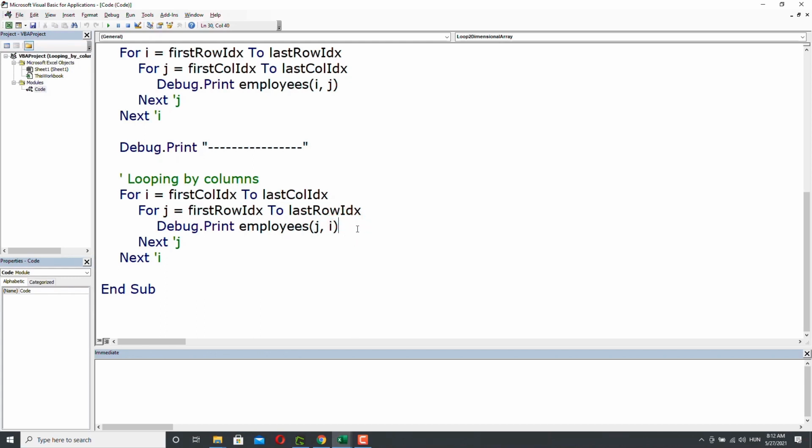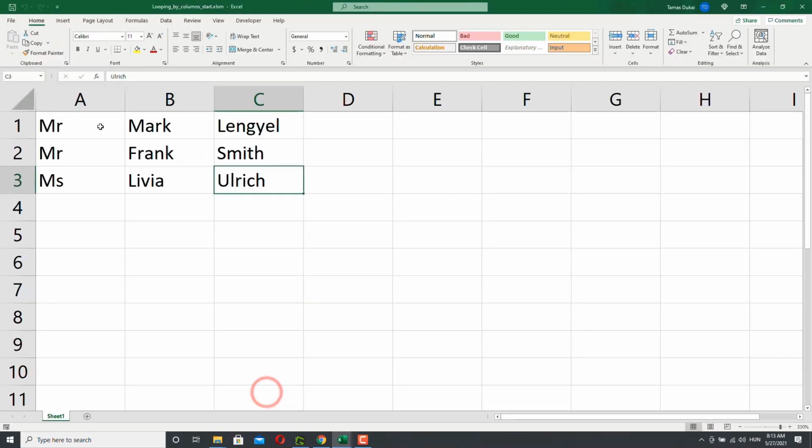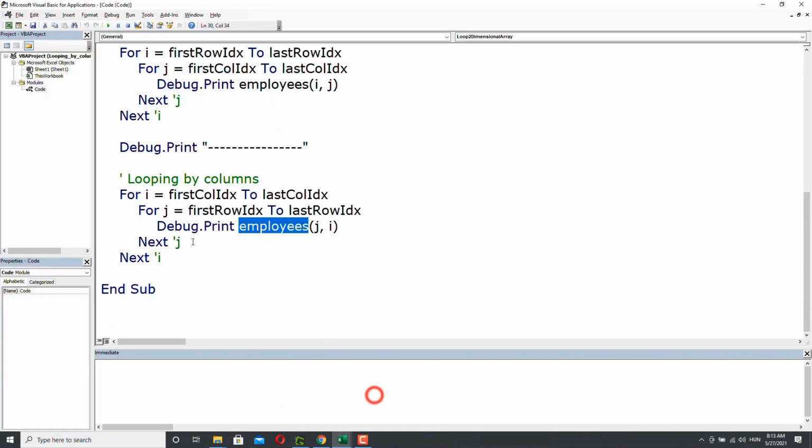Of course, we are actually not getting the value from the cell, but we are getting the value from the employees array. But we saved the range of cells into the employees array. This is why I'm referring to the cells. And maybe it will be easier to understand what is going on if I refer to the cells as well. So after Mr. here will be printed out, then we hit the next line, and this line belongs